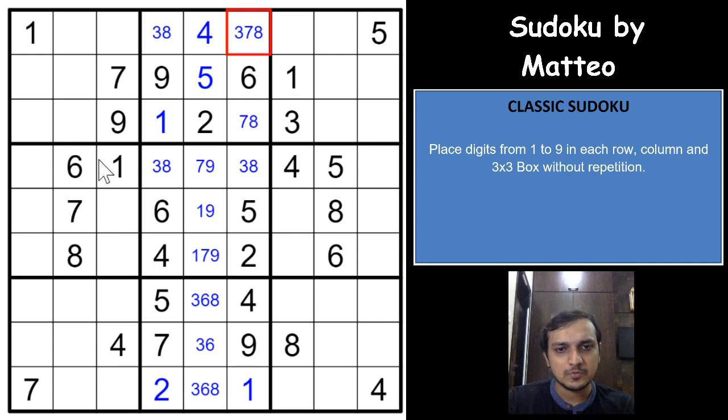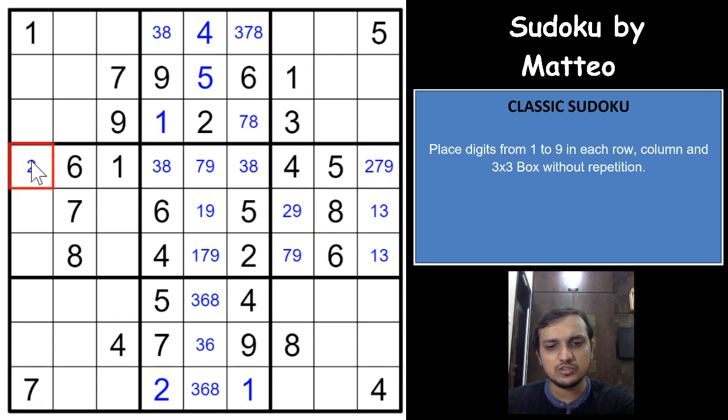Okay, as you can see here, 1 and 3 cannot be here, and 1 and 3 would have to be in one of these two cells, so cannot be here. So 1 and 3 in box 6 have only 2 places to go. It's kind of a hidden pair, and these 3 digits would have to be 2, 7, 9. So this would be 7, 9, this would be 2, 9, and this would have to be 2, 7, 9. And again, this row already has 7 here, so this would have to be 2, 9. So a 2, 7, 9 triplet here.